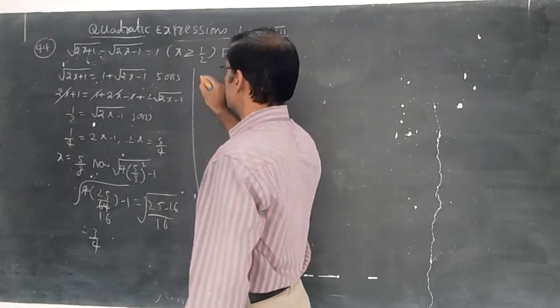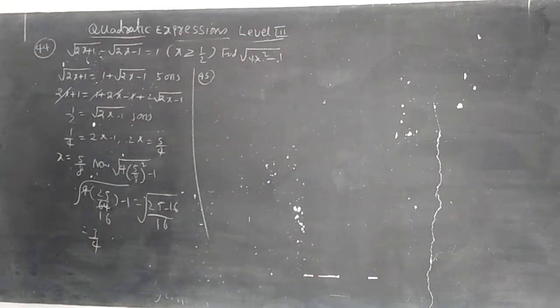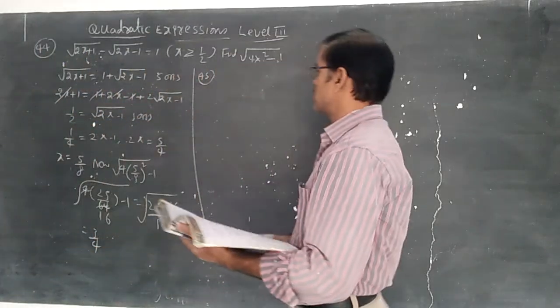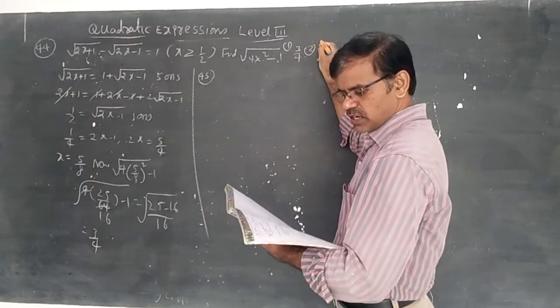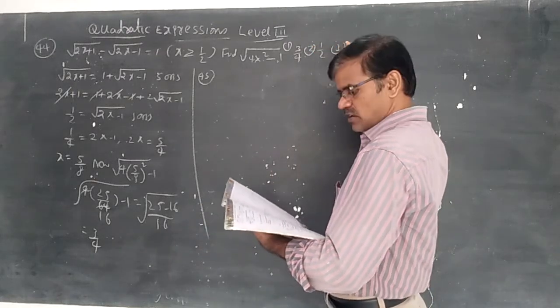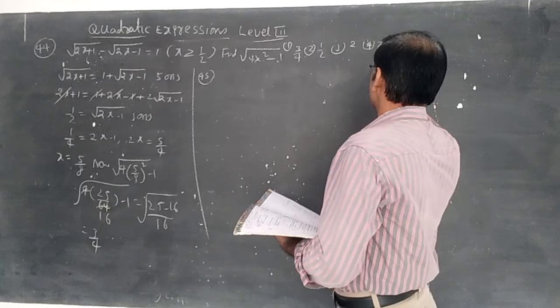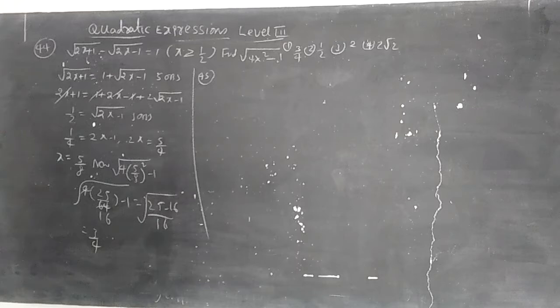Now 44th question, 3 by 4 is given. Students, I think the 44th question is not given properly in our material. The options are wrong. In the old material, let me tell you the options of the 44th question. First option 3 by 4, second option 1 by 2, third option 2, fourth option 2. The options are entirely different between the old material and the new material. Change the options.